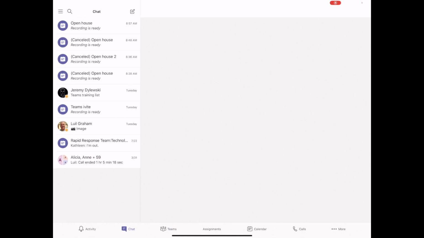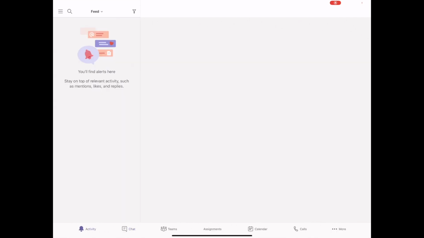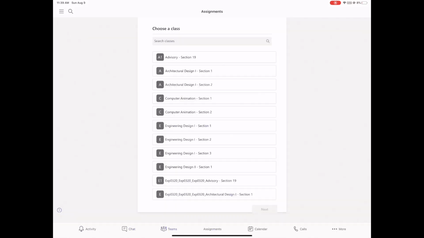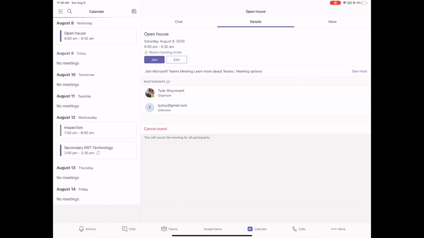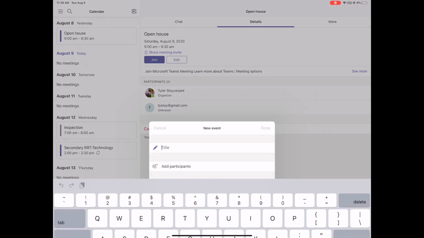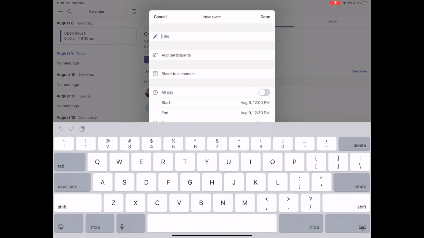So what I'm going to do is open up Teams. Down at the bottom here I have activity, chat, Teams, assignments, and calendar. Calendar is actually where you're going to schedule your Teams meeting, and you're going to schedule this Teams meeting with yourself. So I'm just going to call this